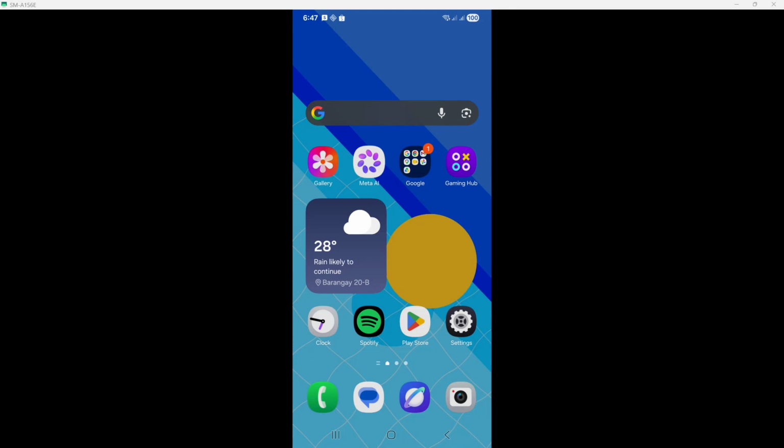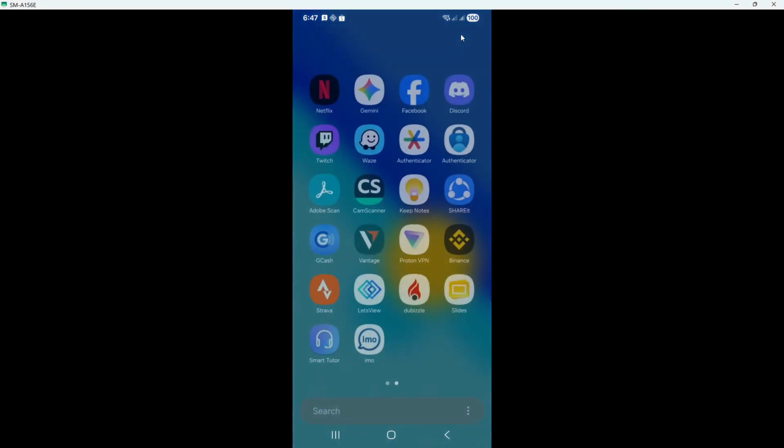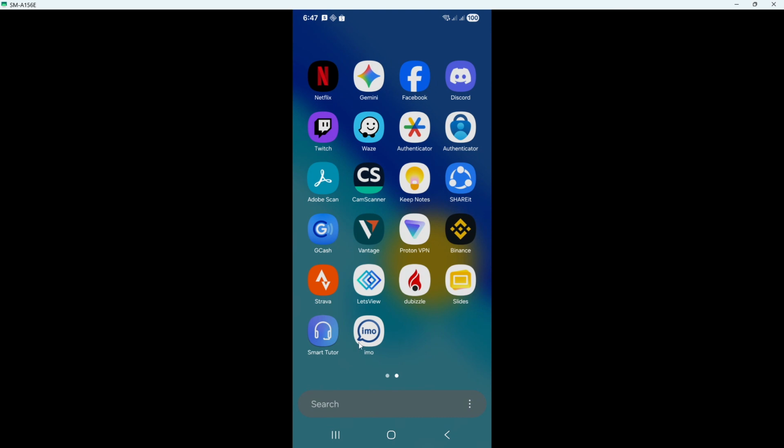In today's video, I'm going to teach you how to turn off IMO ads. If you're seeing ads in the IMO app and want a cleaner, less distracting experience, the main way to remove them is by subscribing to IMO Premium. This is a paid option inside the app that disables ads for as long as your subscription remains active. In this walkthrough, I'll show you exactly where to find that option and what to expect during the process.